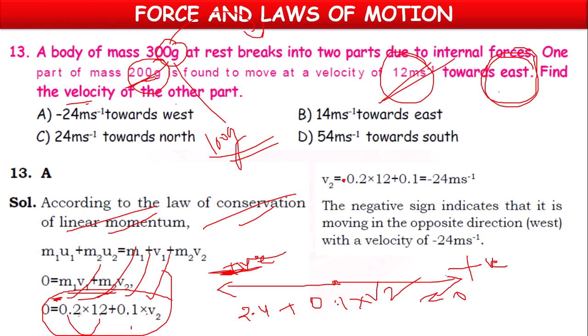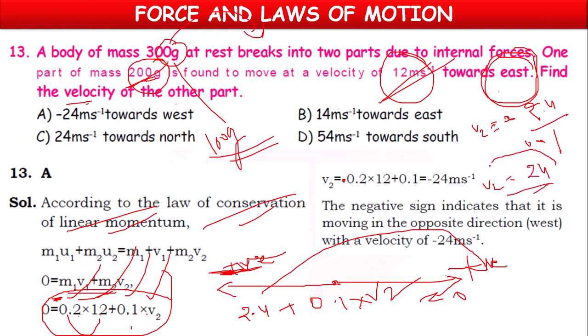If you want to find V2, this 2.4 will go that side. V2 equal to, if it goes towards the right hand side, it will become minus 2.4 by 0.1. Point to point cancel. V2 equal to 24 by 1, which is equal to minus 24. So V2 value we are getting is minus 24 meter per second,